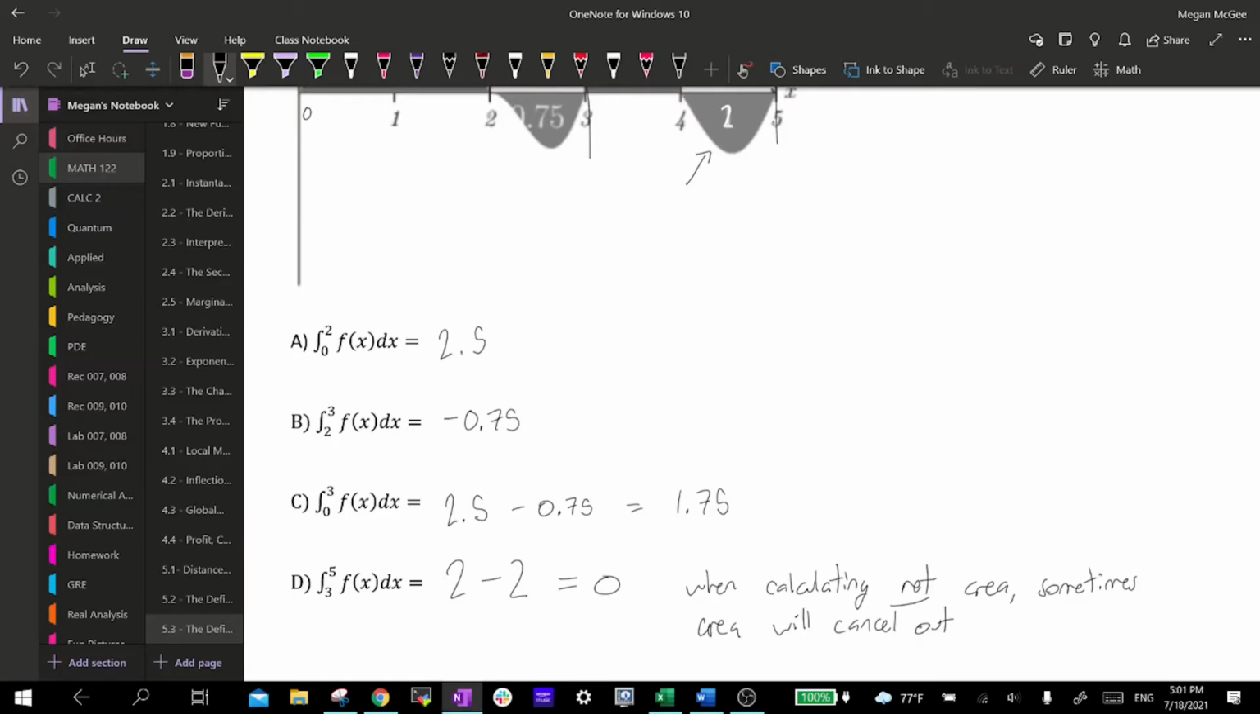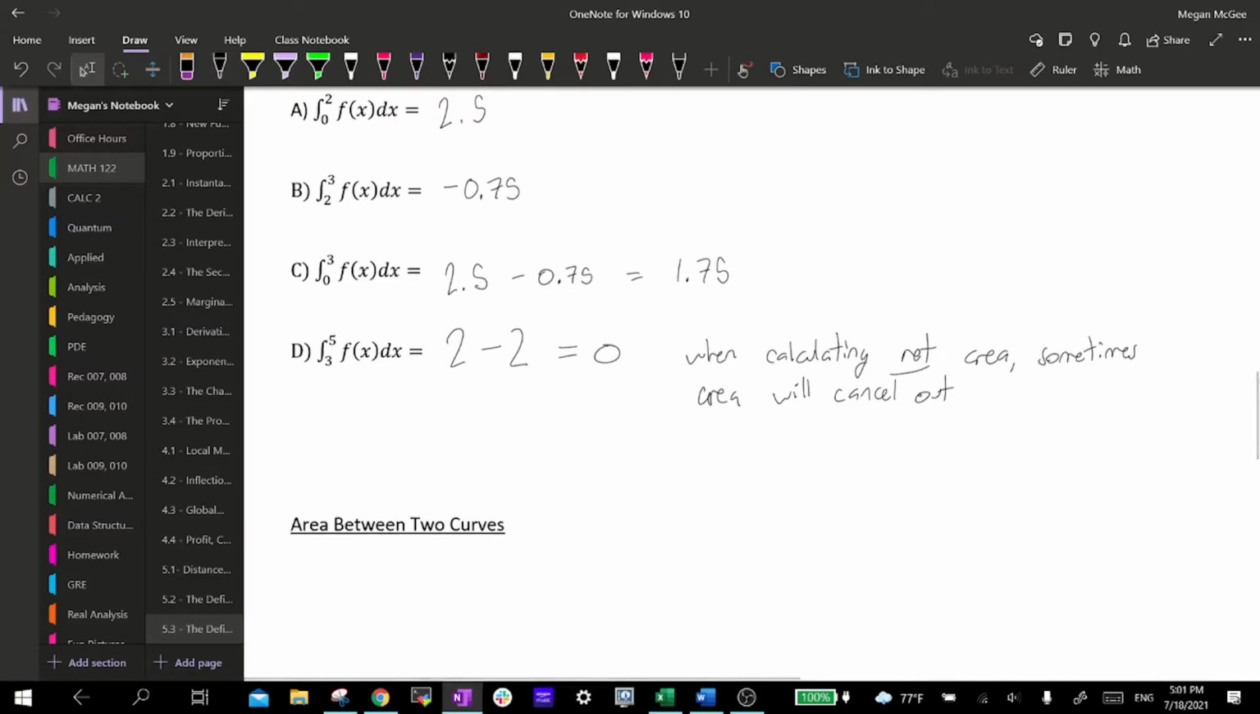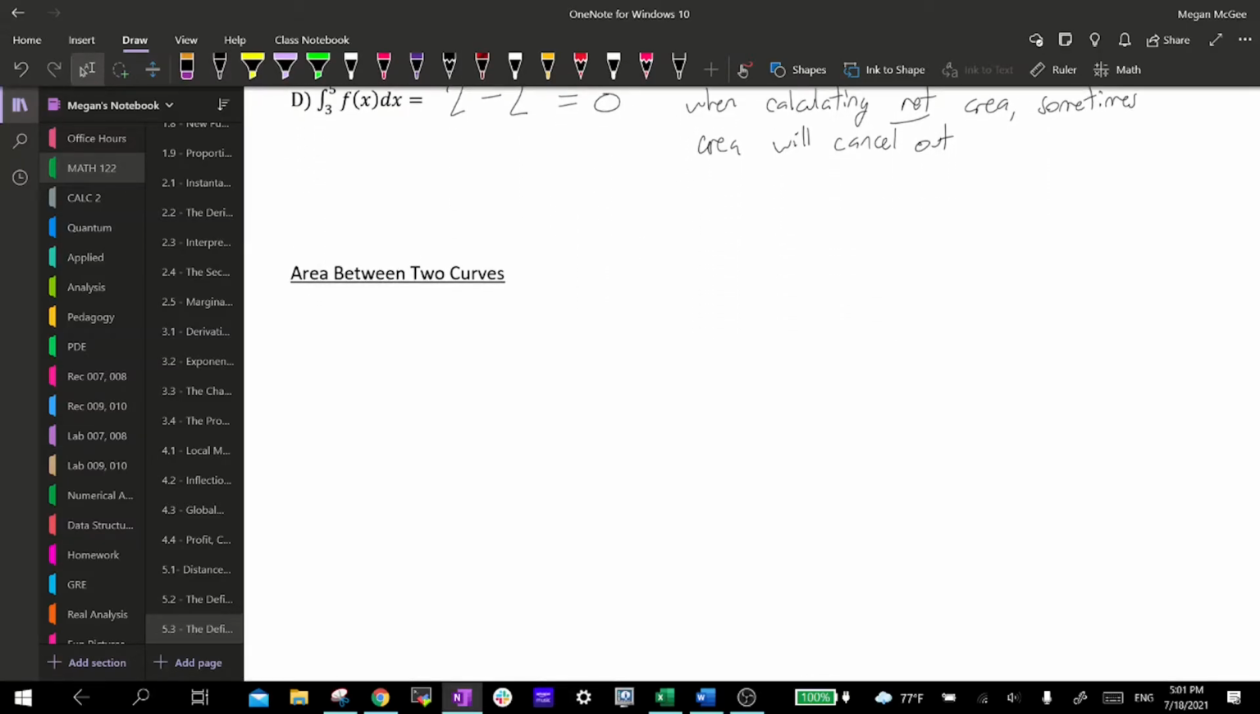Alright, so now we're going to get to area between two curves. Alright, so let's write this out first. So if we have a function f and another function g, okay, so if f and g are continuous functions, there we go, and this is the important part, let's say g is less than f, alright, for some values a to b,